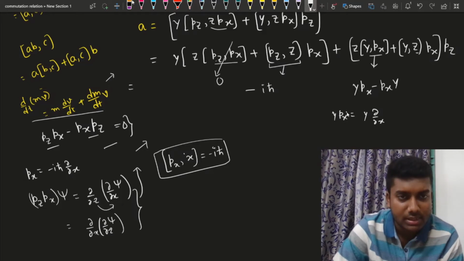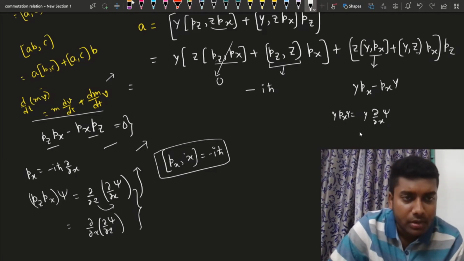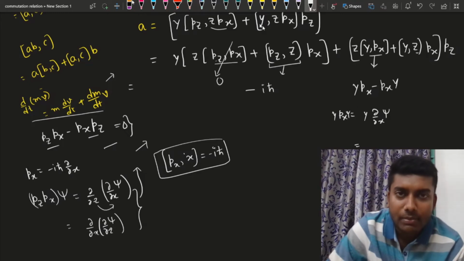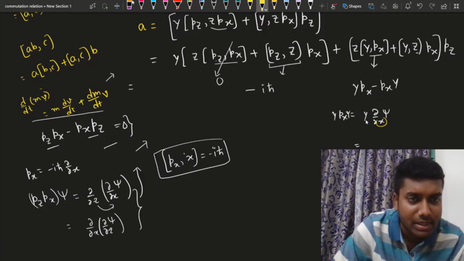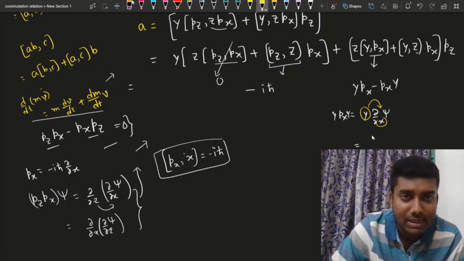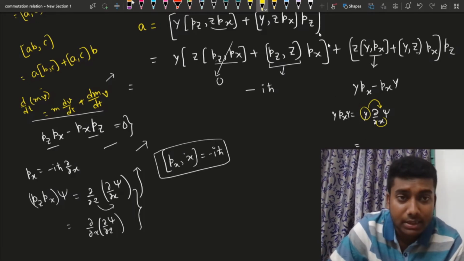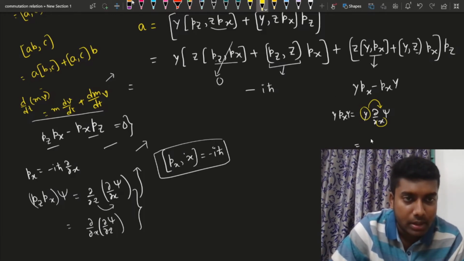Now there is a psi. As this is a partial derivative with respect to x, y can be treated as a constant here. So y can be taken inside, or I can write it simply here that this is equal to del x of